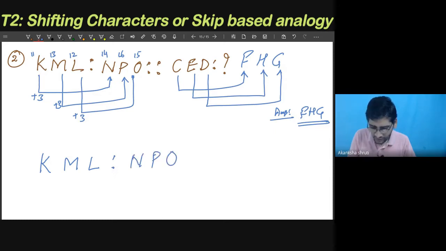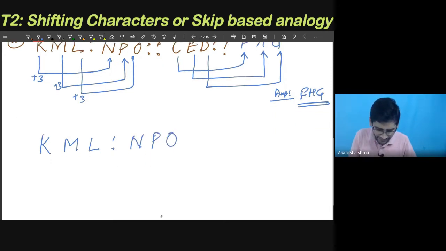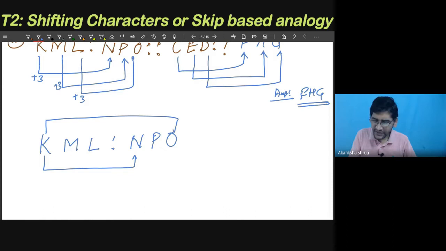Here we have started mapping this first character K with the first character of the second part of the first pair. It may be possible that this K may be mapped with this M itself. This is also possible, meaning mapping with reversed order. So we need to think both ways.